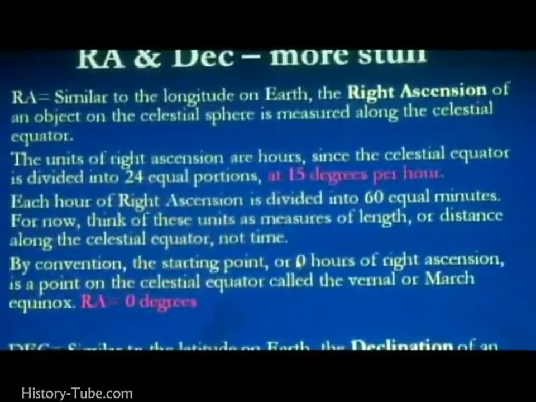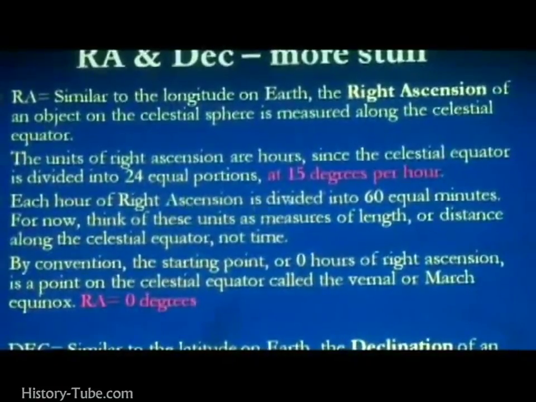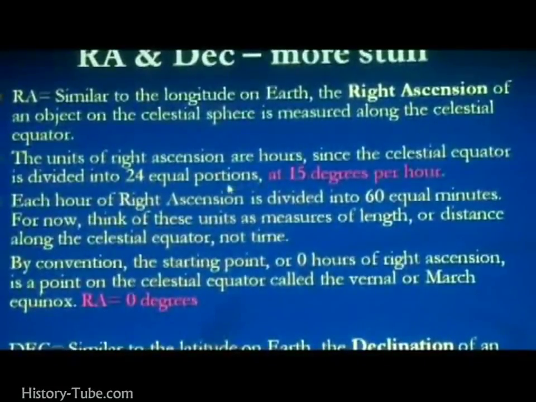The unit of right ascension is hours, since the celestial equator is divided into 24 equal portions at 15 degrees per hour. So that means if you were to take out your program